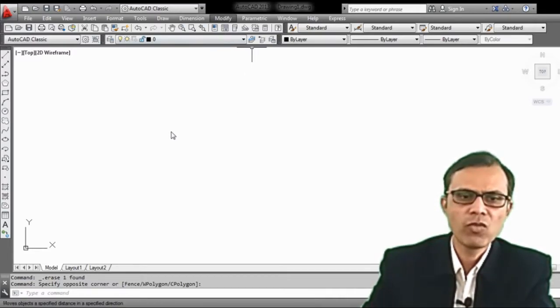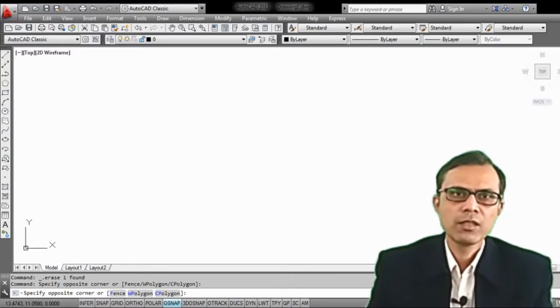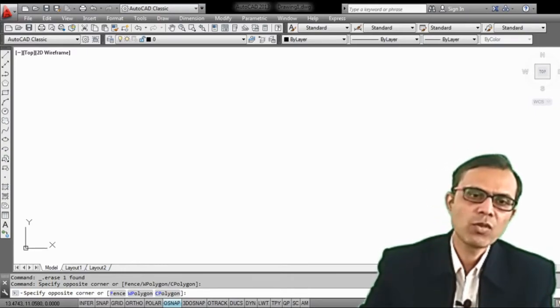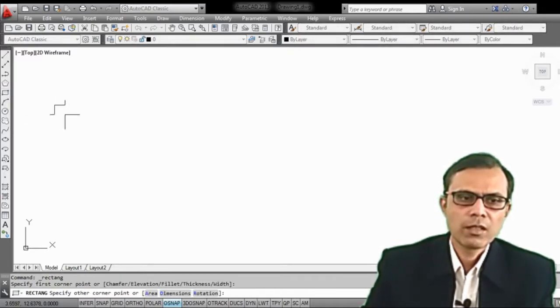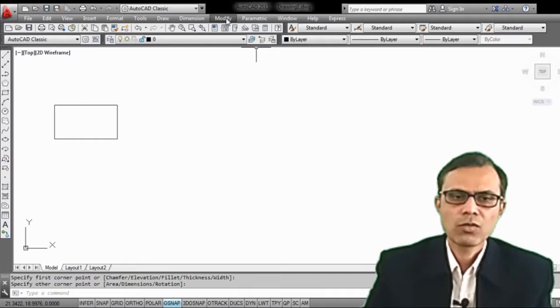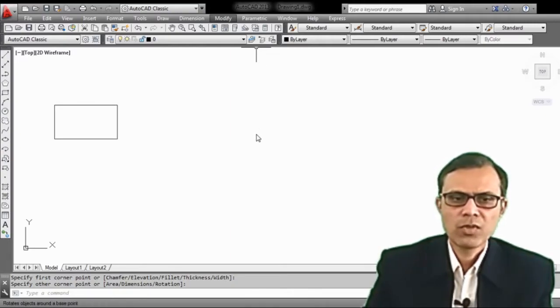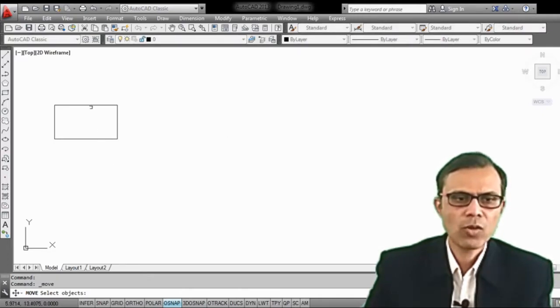Next command is move command. We can move the object anywhere on the screen where we want to move it. So let's take one object, a rectangle, and now we want to move this object somewhere on the screen. So from modify menu, select move command, select the object,